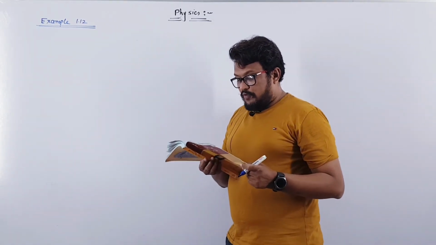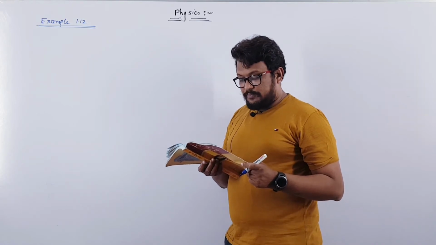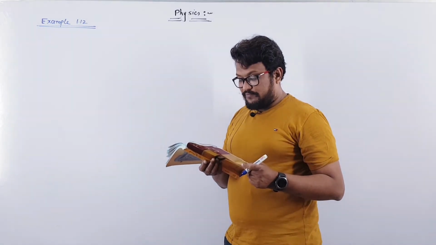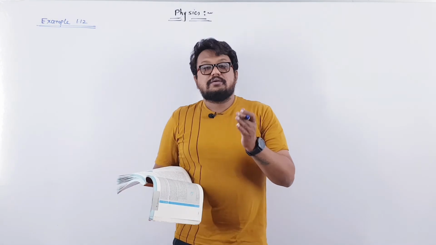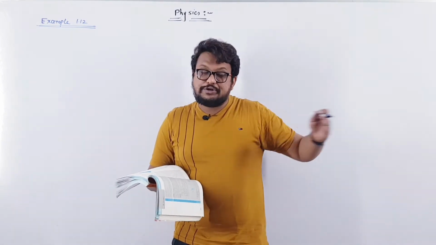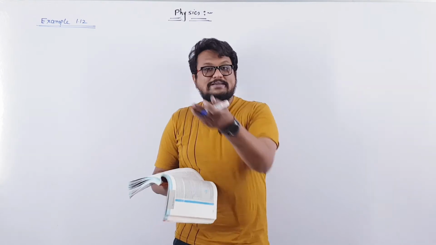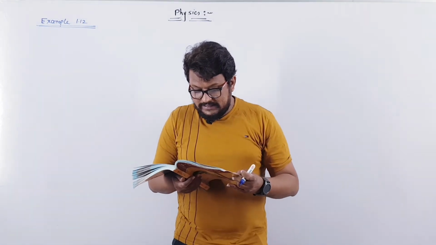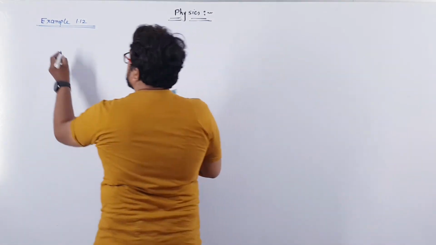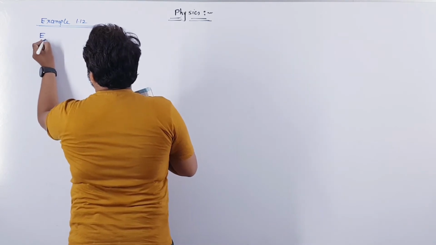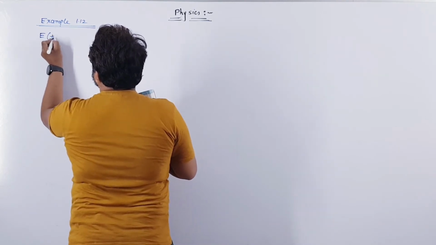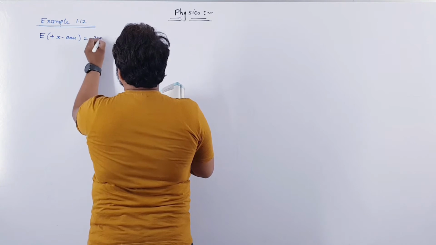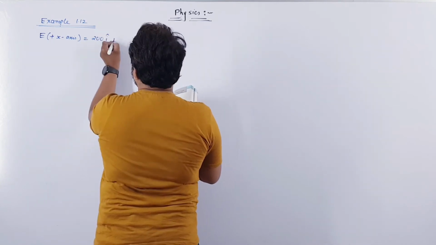An electric field is uniform and in the positive x direction for positive x, and uniform with the same magnitude but in the negative x direction for negative x. That is, if you move along the positive x axis, the electric field is positive, and if you move along the negative x axis, the electric field is negative, with the same magnitude. It is given that E is equal to 200 i cap. So let me write E for positive x axis is 200 i cap Newton per Coulomb.